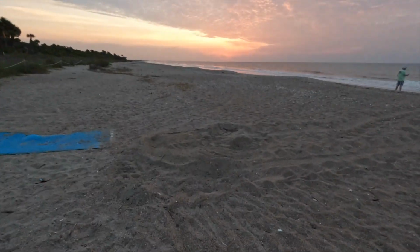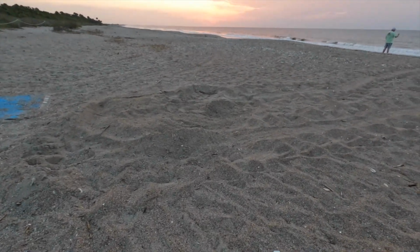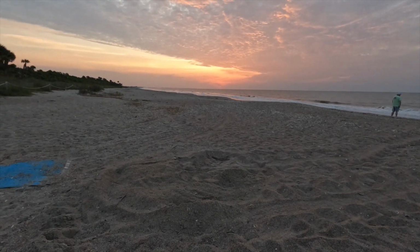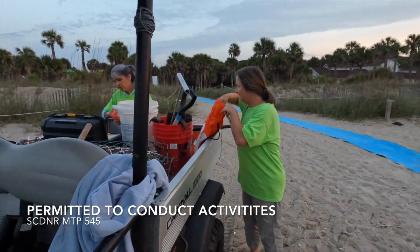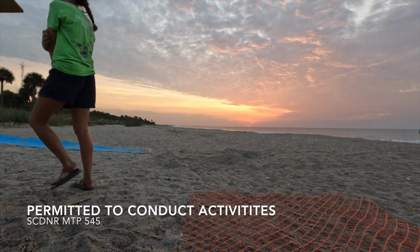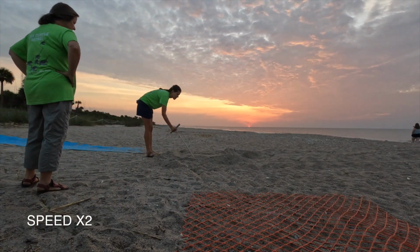Today is the day we found our very first sea turtle nest. The turtle nested up nice and high, so no relocation was needed. So after our initial excitement and turtle dance, we gathered our supplies and made our way back out onto the beach. We first tried to look at the nest and get an idea of where we think the eggs are